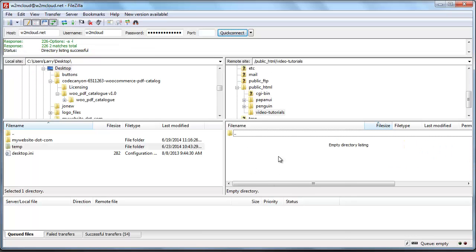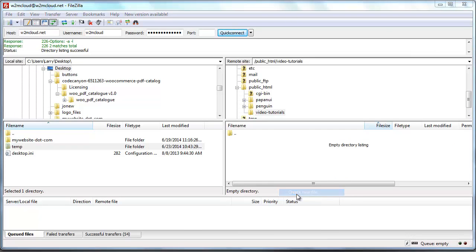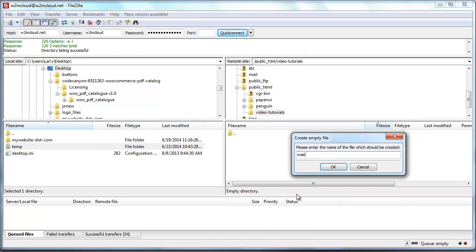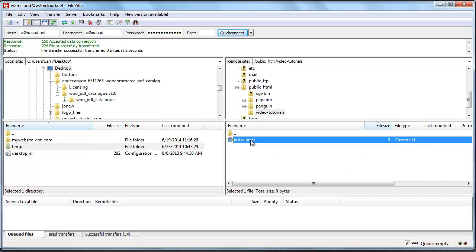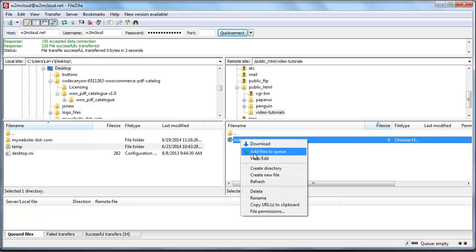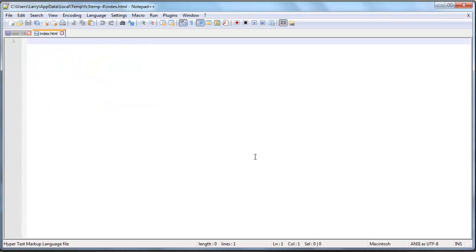What we can then do is start adding files directly to our website server. So for this, I'm going to put an index.html file directly inside our website server. What I'm then going to do is quickly edit this. For the next few seconds, I'm going to show you some really bad practice. Please ignore it. I'm just trying to do this as quickly as possible.